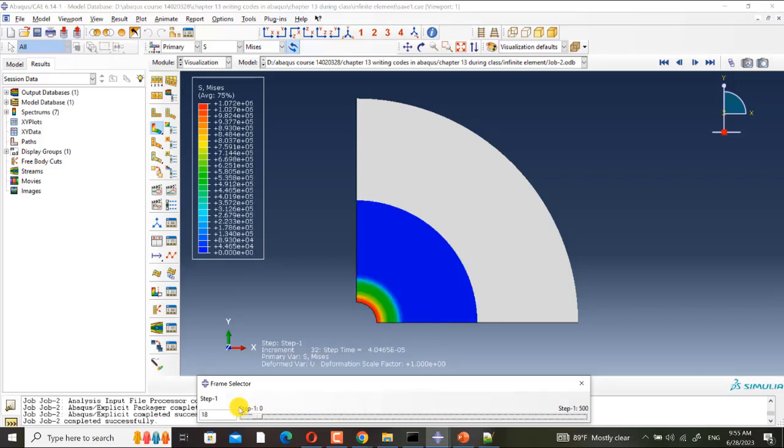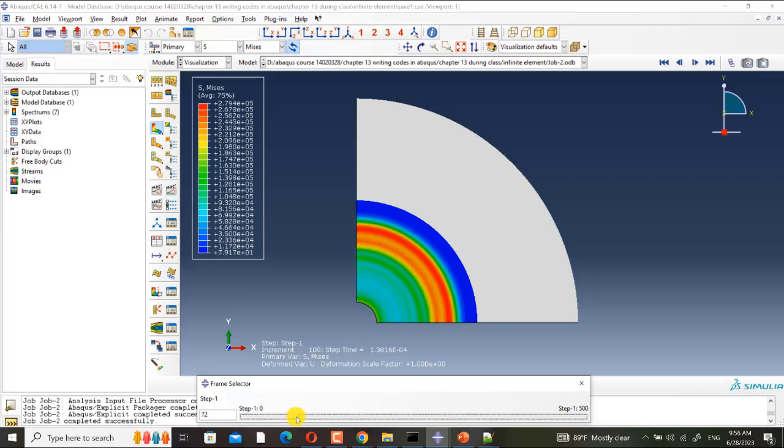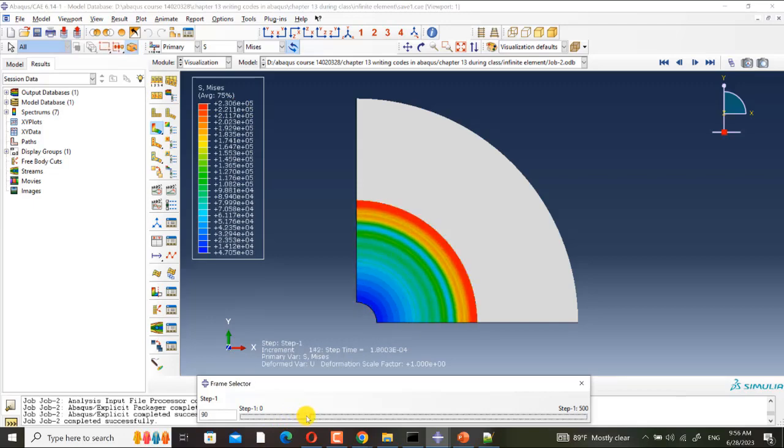And let me tell you another thing. Please look at the value of von Mises stress. It's maximum. Please look at it and look at the contours. Please look at this value. And then it will decrease.